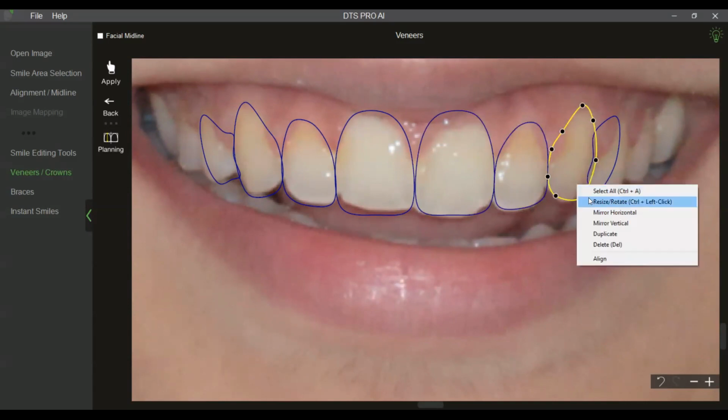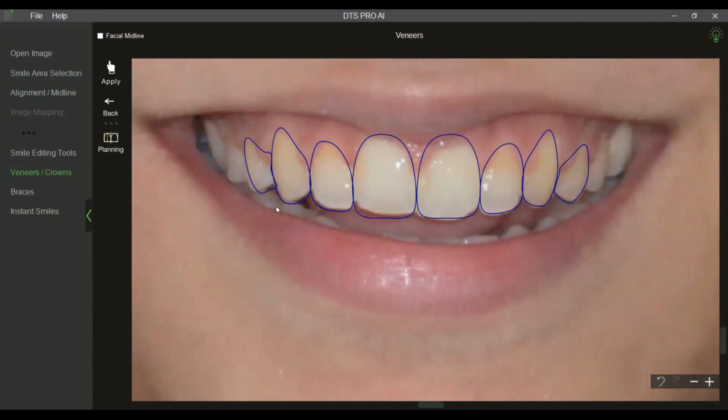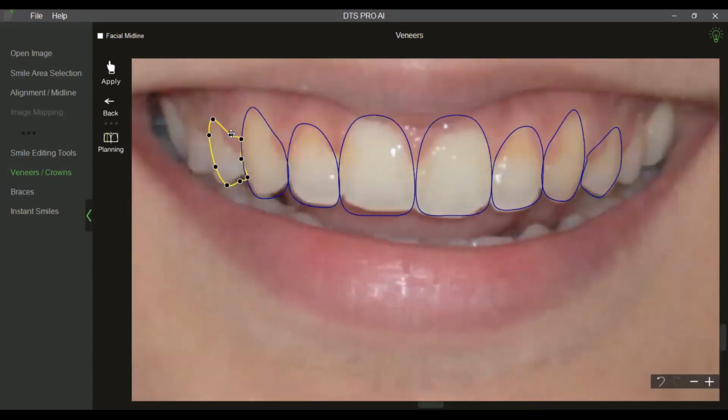If you want to make a single veneer narrower, you can just right click, choose resize, and then you can resize it, reshape it, or even rotate it. I want to make sure that I will cover the entire tooth, and I don't want to do any changes with the gingival level there. So I want to limit it to the way it is. Even here, I would maybe do a little bit of crown lengthening. So that is where my crown is. You want to make the veneers a little more triangular, oval, it is up to you.